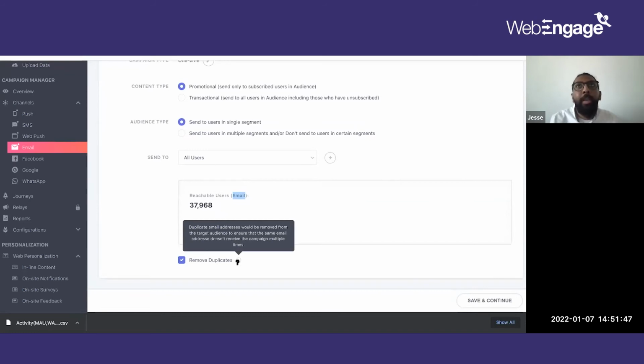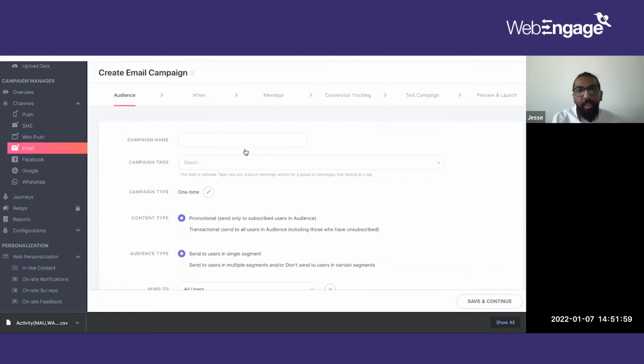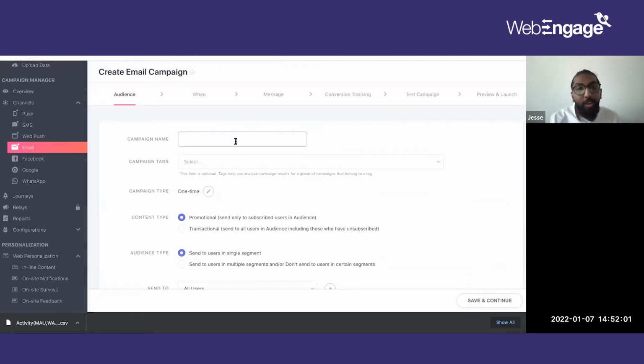You don't want the same email ID to receive multiple emails, right? Why? Because it's not hygienic. Second thing, there is a cost factor associated with emails, right? So you can click on the option to remove duplicates. The first part that you had to do is put in a campaign name, which I didn't mention. So you will have to put in a campaign name. Once you do that, you can move ahead.